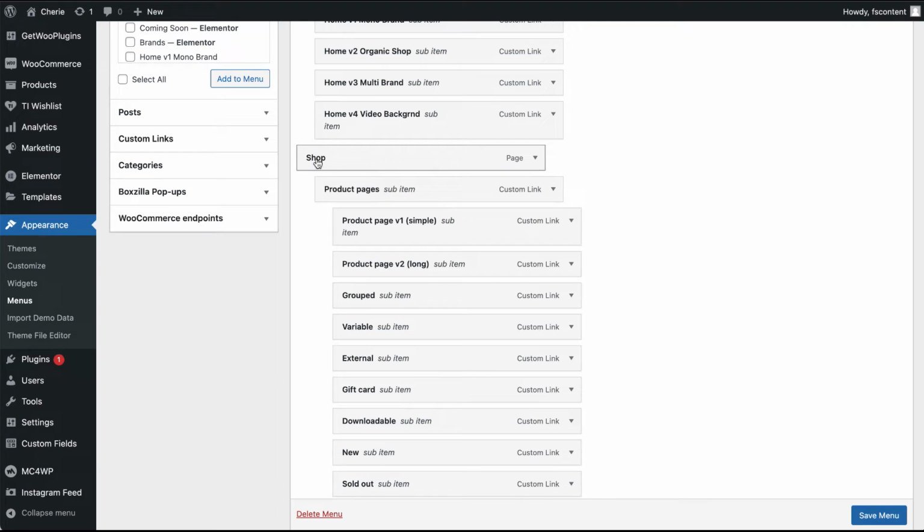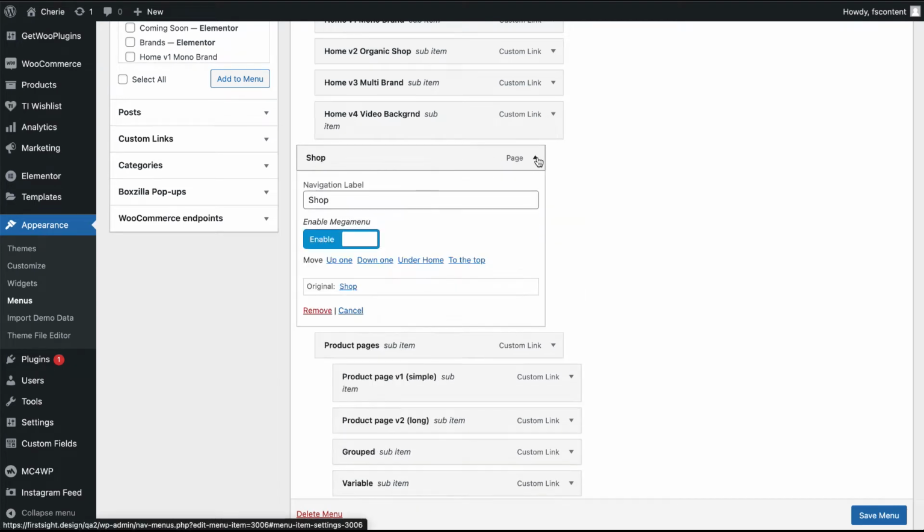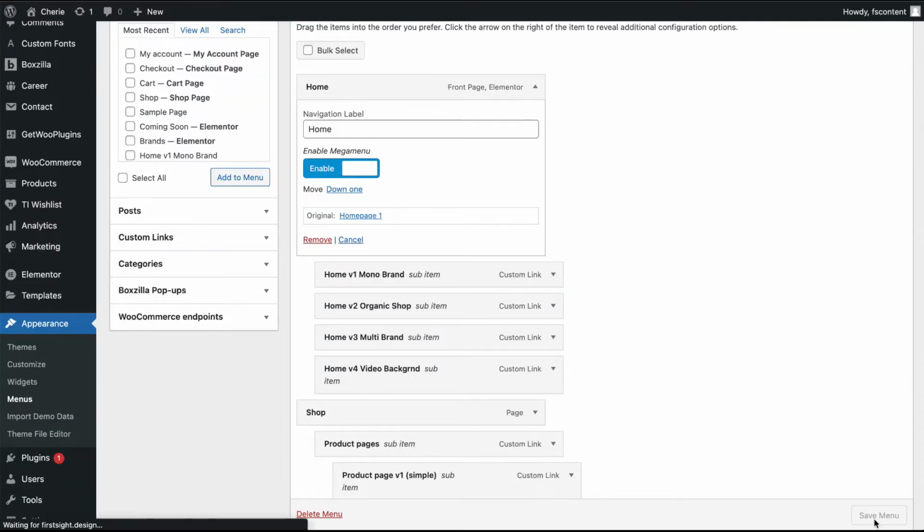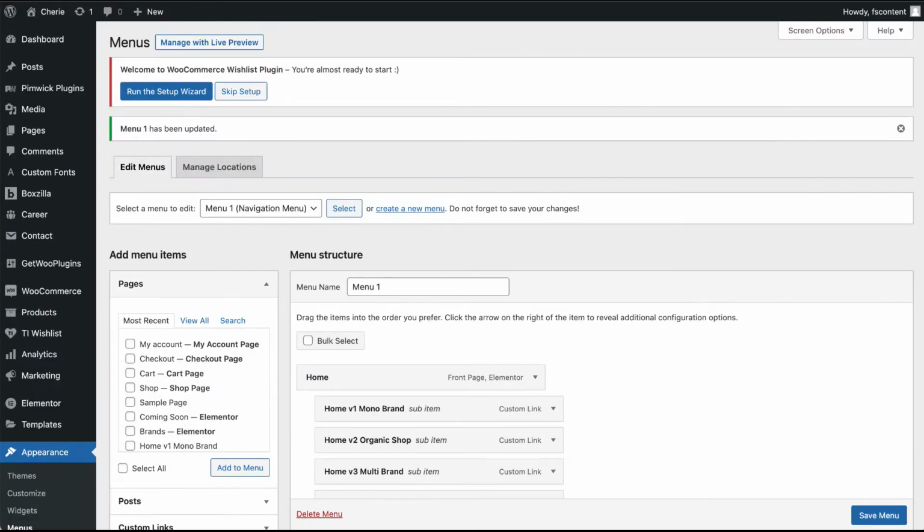And I want to make shop a mega menu. So let's expand it, and you will see this toggle, enable mega menu. It's enabled, which means that shop item will have a mega menu drop down. And I can add that setting to each parent menu item. So here, for example, home, I want to make a mega menu. I chose that setting. I have to click on save menu, and let's see